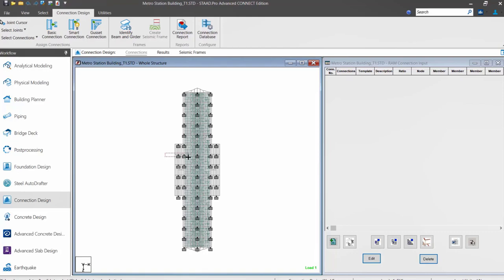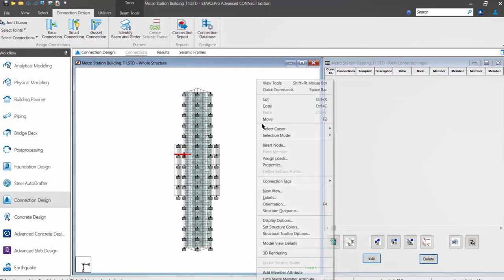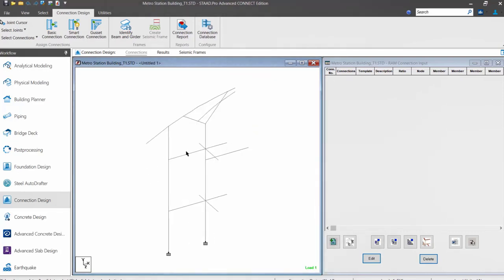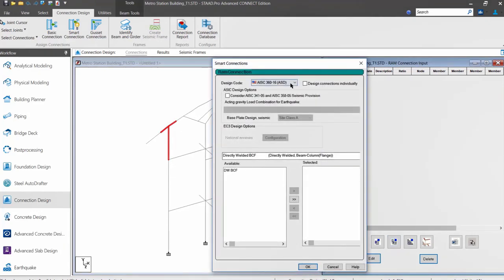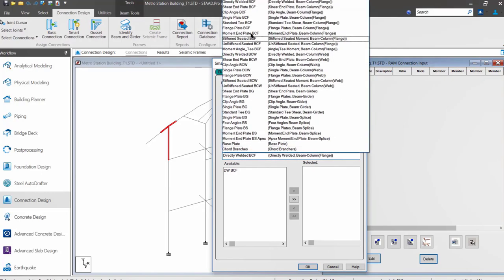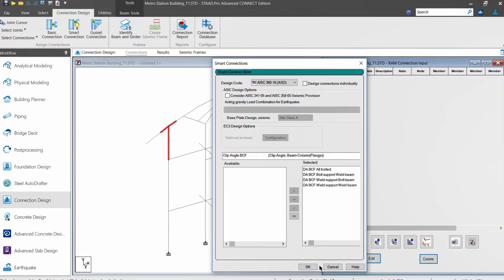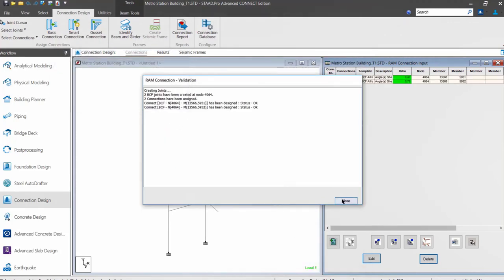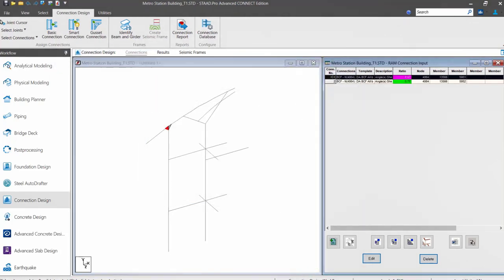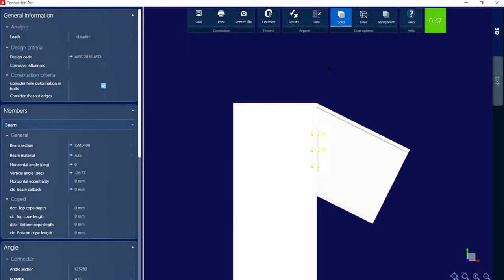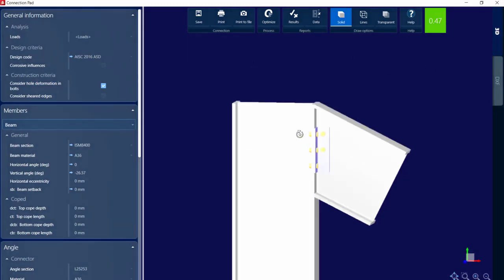The only thing is that we need to provide the load combination cases that we are going to use for the connection design. We can select the connection which we are going to perform, and we can just specify the connection template. There are different design codes that are implemented there. We just need to select the template on which we are going to perform the connection design, and the program automatically performs the connection design. It basically uses the basic properties,